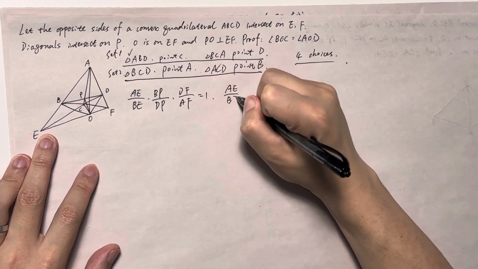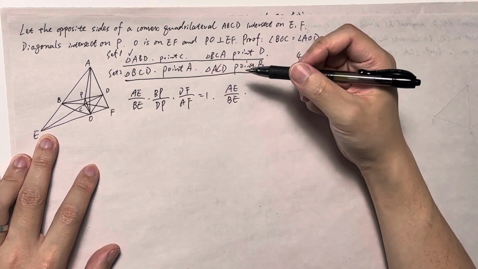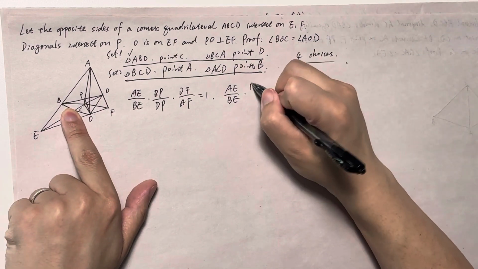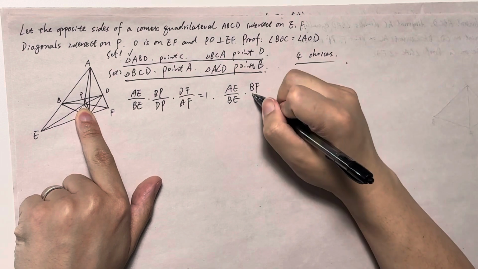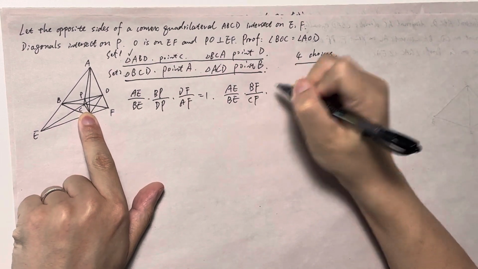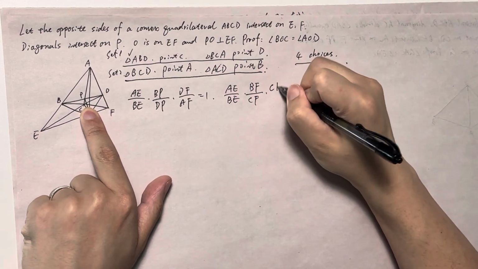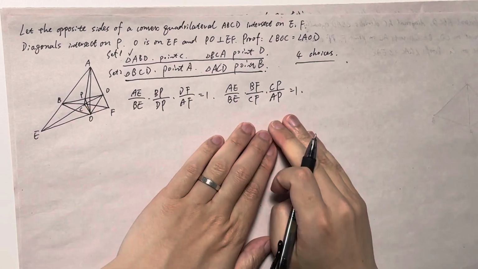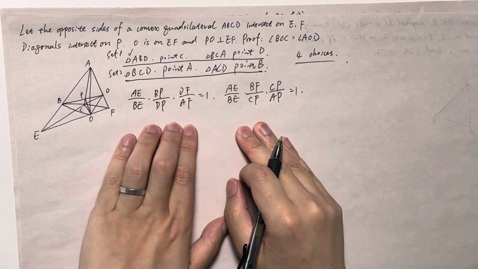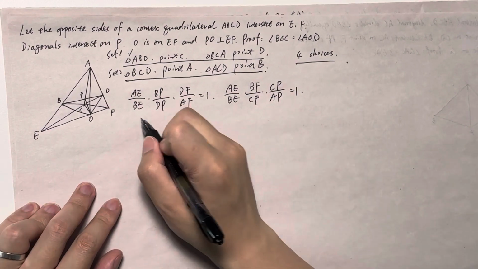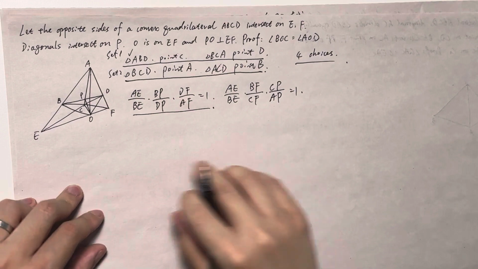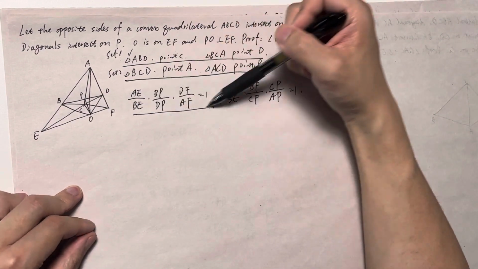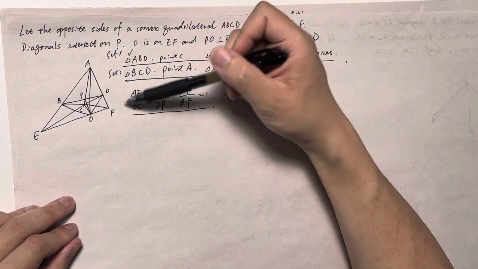AE divided by BE times BF divided by CF times CP divided by AP equals 1. I will explain later why we want to do this. Okay, let's just check this first. We have the triangle ABD and point C, through the Ceva theorem, we got